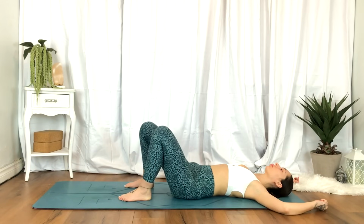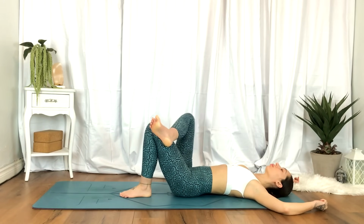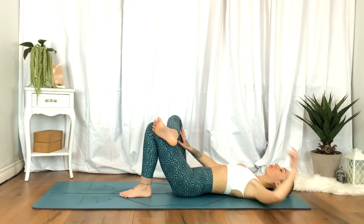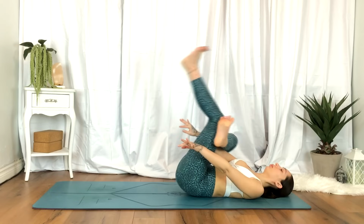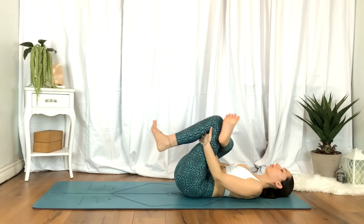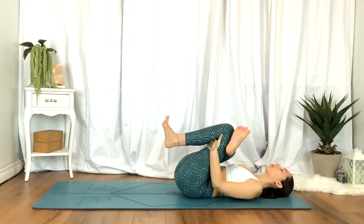Coming back to center, rest the right ankle over the left thigh, and we'll rest here, or hug the legs towards the chest, interlacing the fingers behind that left leg for supine pigeon pose. Option here to rock side to side,